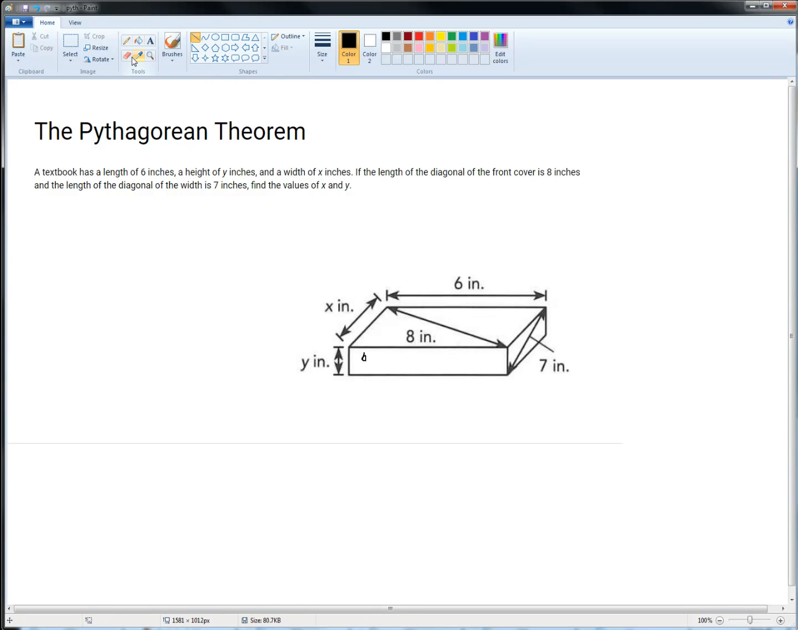Hey students, here we have the Pythagorean Theorem used for mastery assignment. We have a book here with some measurements they've given us and they want us to solve for x and y. The way we're going to do this is by taking out some right triangles and recording them two-dimensionally instead of three-dimensionally. The first triangle I want to look at is the one here on the cover of